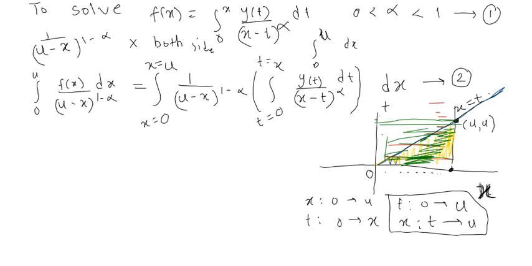And here also you can see that in this box whatever is written, that region also if we plot here on the graph, we get the same triangle, okay. So we have changed these limits of integration, and after doing this, equation 2 will look like: integration from 0 to u of f of x divided by (u minus x) raised to 1 minus alpha, dx,